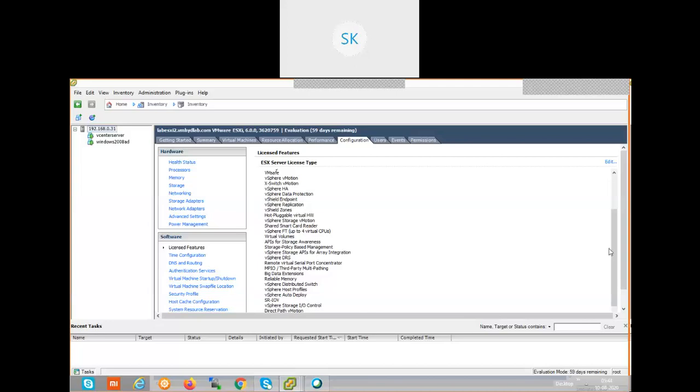But am I able to get all these features by connecting directly to this ESXi host? No, we are not able to get them. To get all these features, what is required? A centralized management console. That is one thing. The second thing is that if I have an enterprise environment, generally it is not going to have 5 or 10. It is going to have 50 or 100 ESXi hosts. Some environments even 1,000 ESXi hosts.